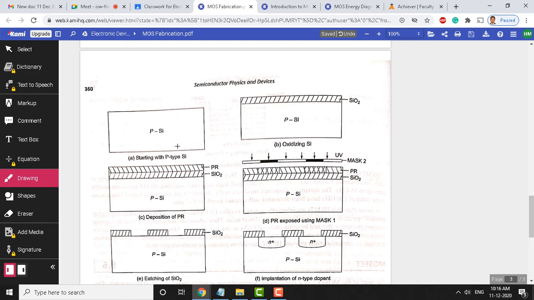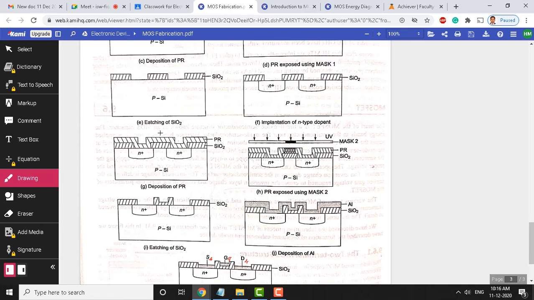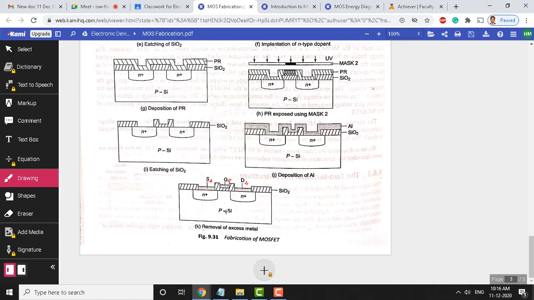We need to start with either p type or n type semiconductor material. This will act like a substrate here. To begin with, you are seeing the p type silicon acting like a substrate. Since we are fabricating an n channel MOSFET, the type of substrate to be chosen is p type. Okay. So, you can see in the final device, there is a p type substrate, and here there will be an induced negative charge for the positive gate voltage that we apply. Therefore, this device is going to be the n channel MOSFET.